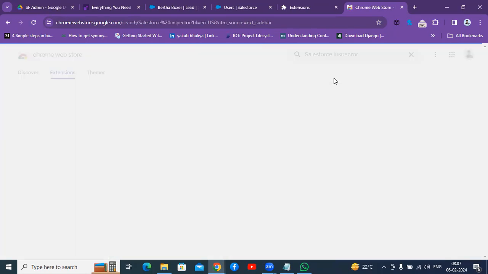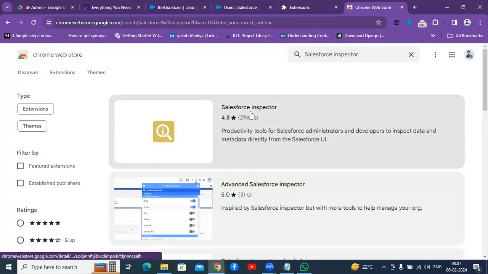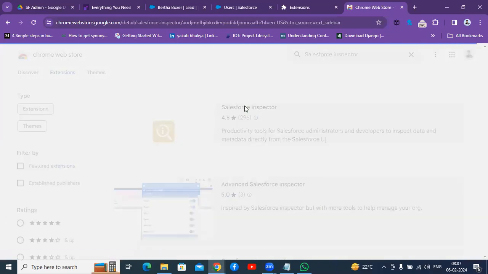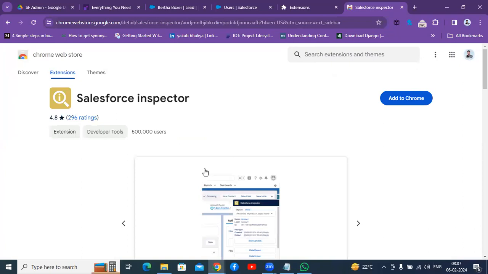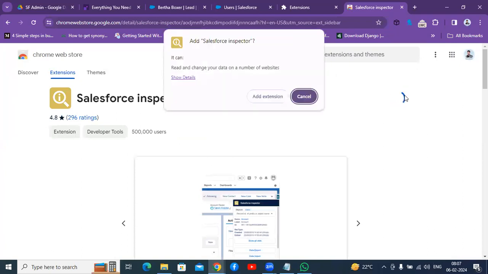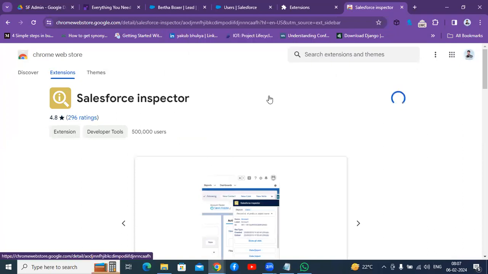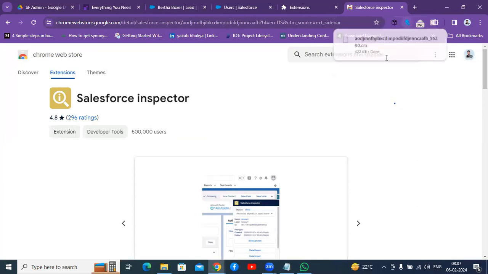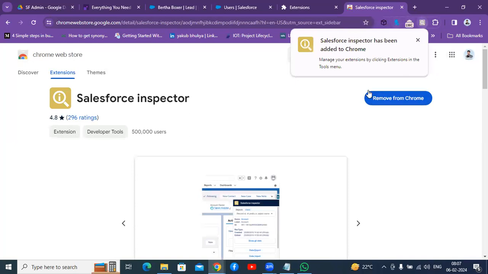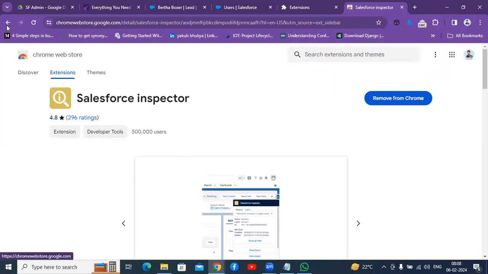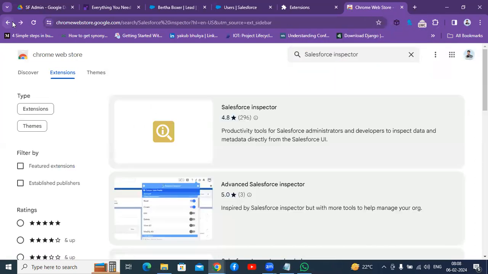Like this, you can install any extension. I'm going to Salesforce Inspector. This is the correct one. So add to Chrome. Add extension. Previously I have a different extension. I explained this Lightning extension and this LWC, which we'll have for development. So yes, it is added. Perfect. Like that, if you want to add any extensions, you can do it like this.